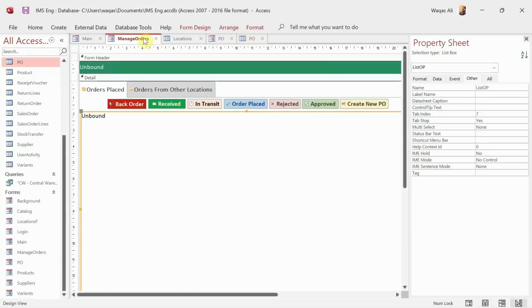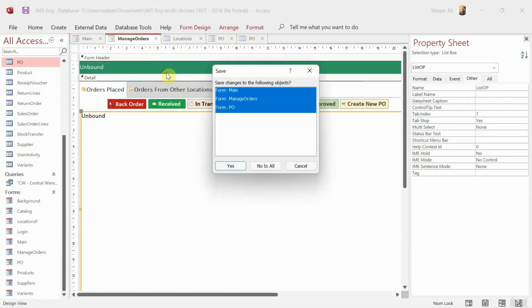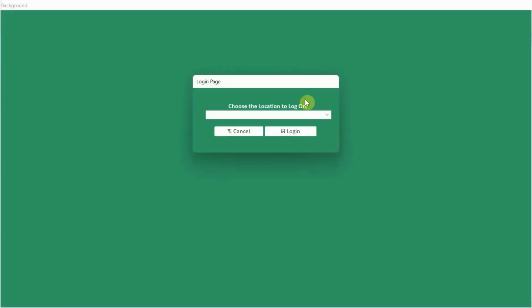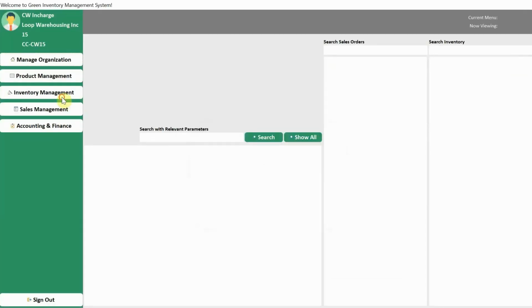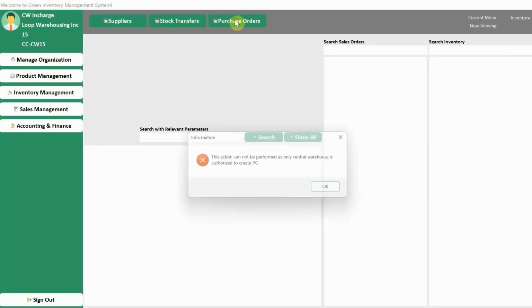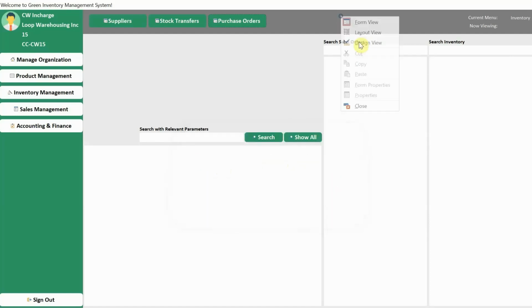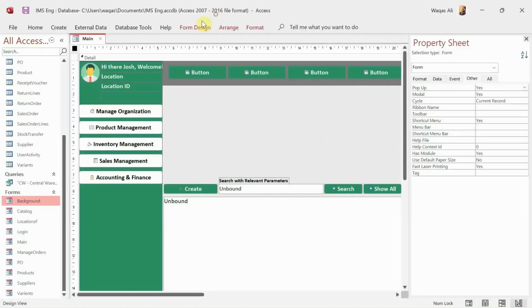Let's test it out. We have done a lot of work here, but let's see whether that work is good or not. So I'm going to log in. There we go, fingers crossed. There we go. So what does it say? It says this action cannot be performed, only central warehouse is authorized to create PO. Okay, so here's the issue. The issue is